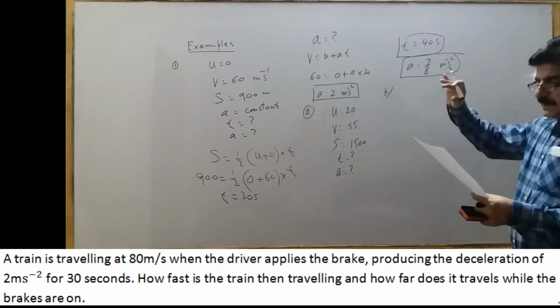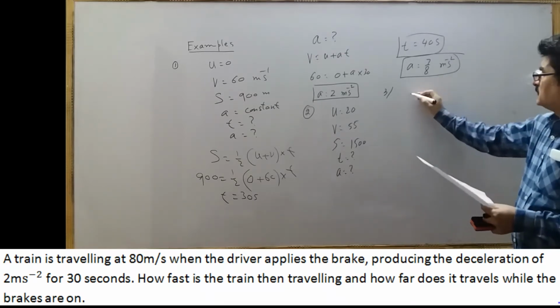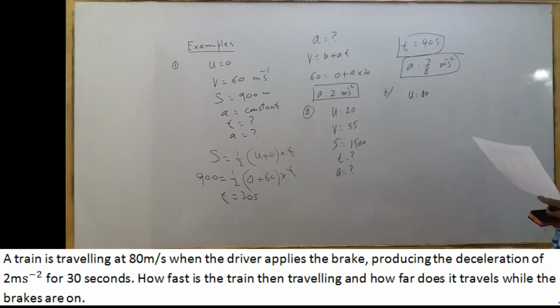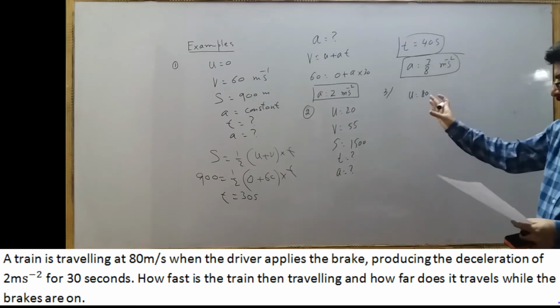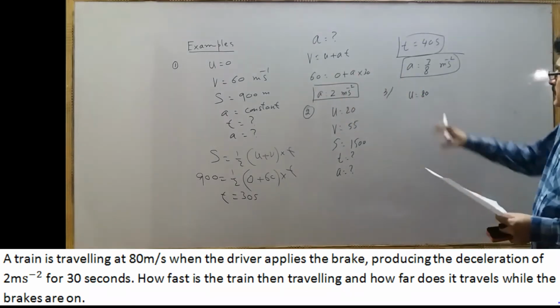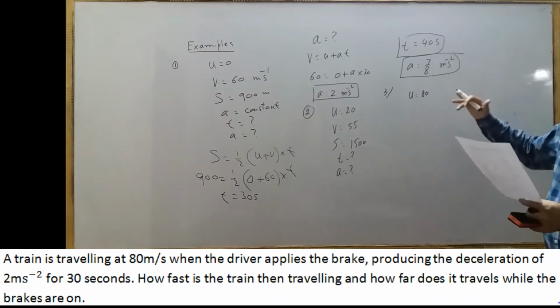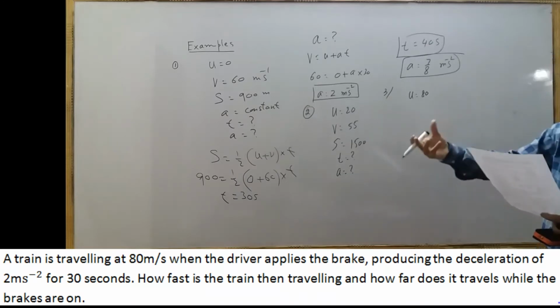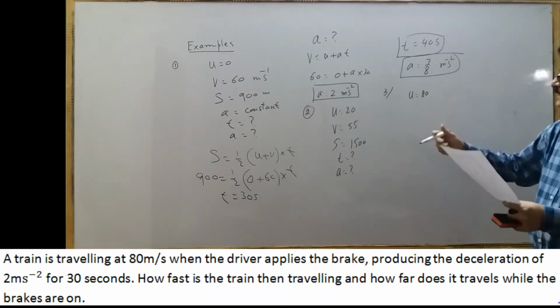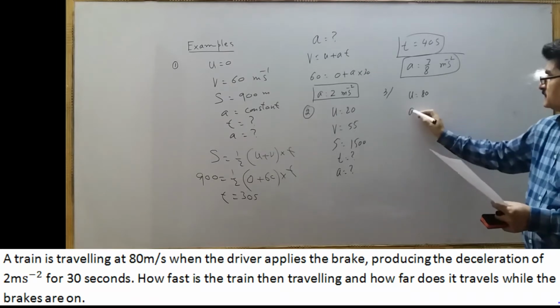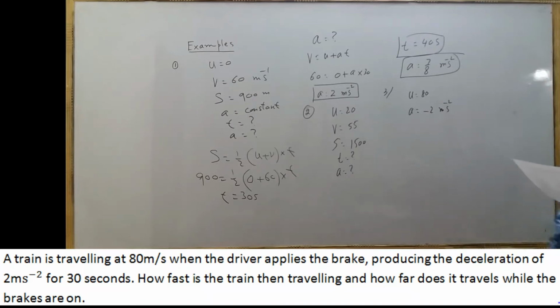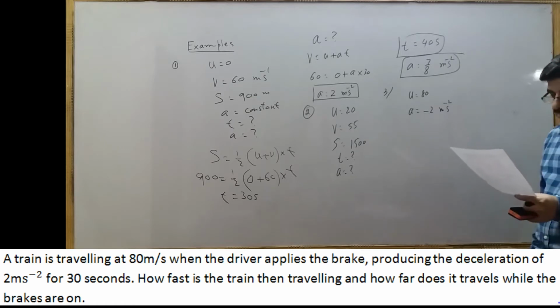Here again the train is already moving with velocity 80. So its initial velocity is 80. The difference between this example and the first two is that here the train slows down, applies brake, slows down, so its speed is decreasing. So it has negative acceleration or deceleration, or we can say retardation, which is given. So it is negative acceleration, which means that its speed is decreasing. When speed is decreasing, you will take a to be negative.